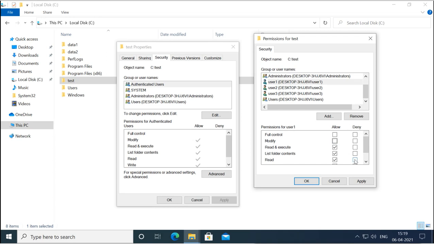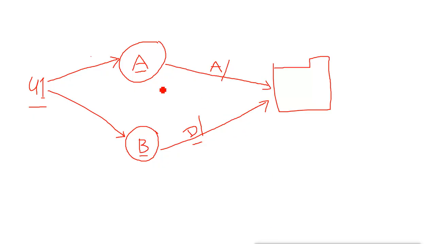And suppose some user does not have a deny permission and only has allow permissions. For example, in the same scenario, group A has allow full control and does not have deny, and group B has allow modify.